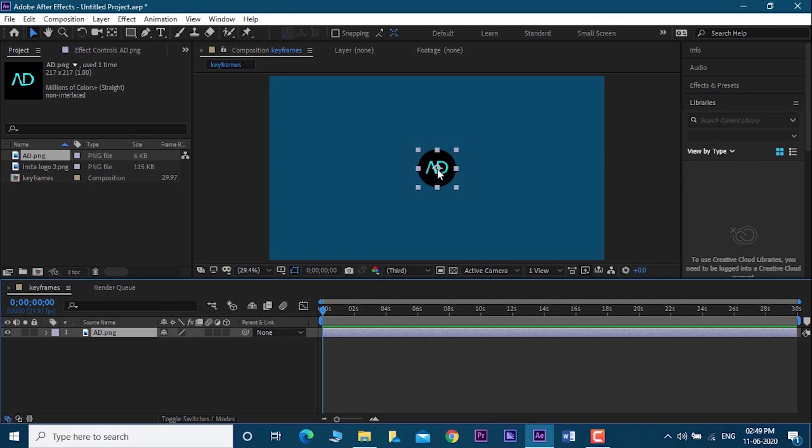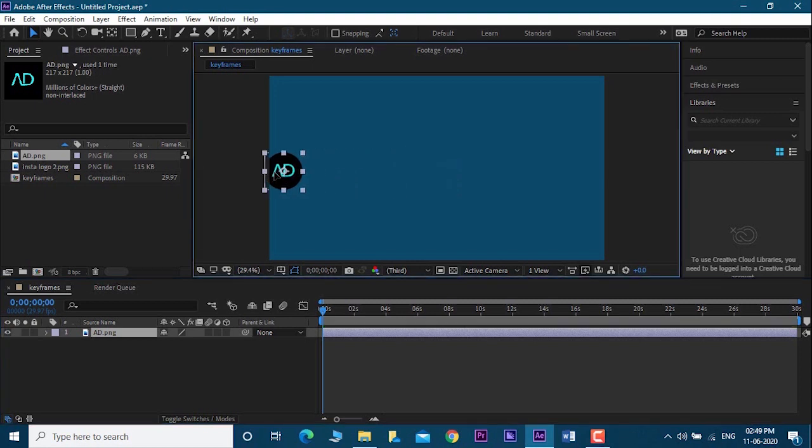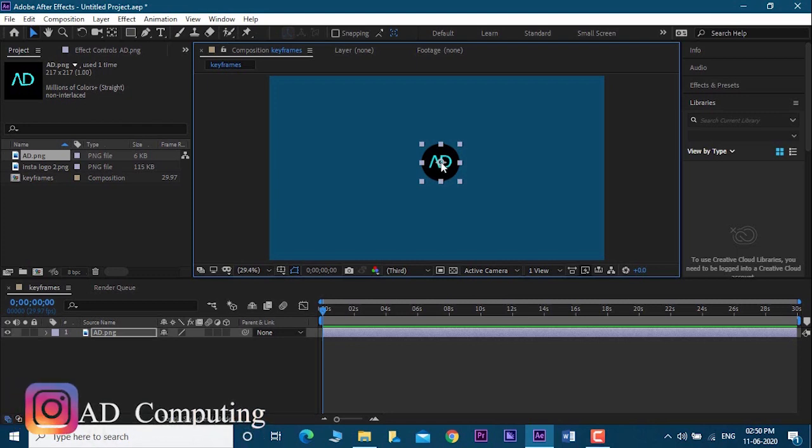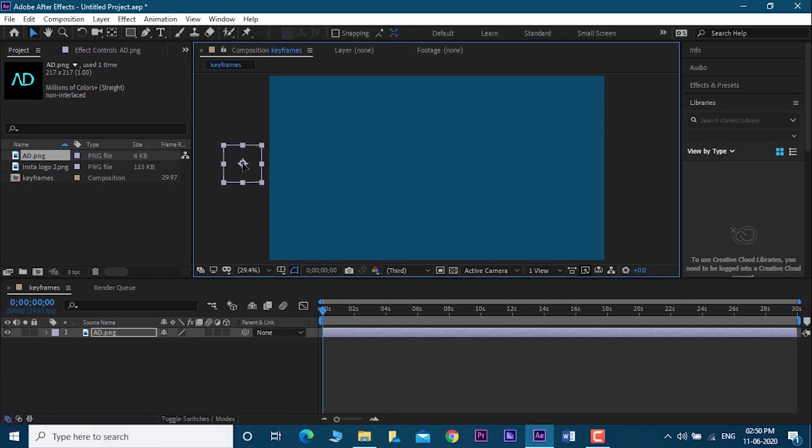Now I want to animate my logo from the left of the screen to the middle of the screen, in this way. To animate this logo from left to right, we will add a keyframe. Now the topic starts from here: how to add a keyframe. We want to animate this from the left, so we will place our logo on the left side of the composition